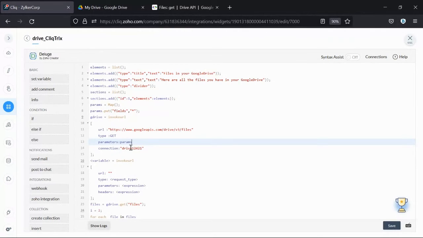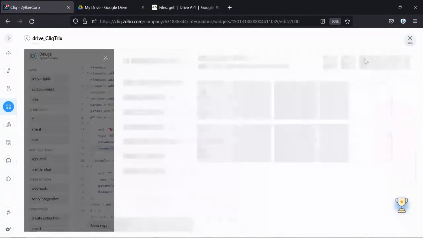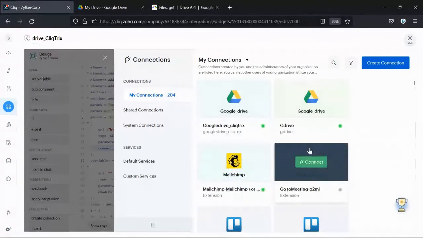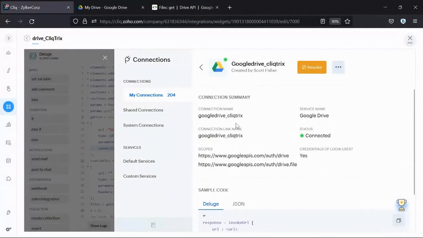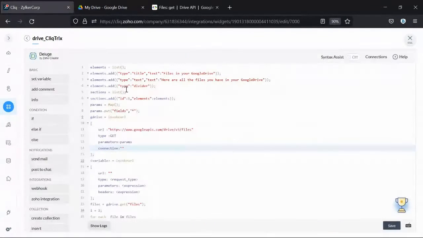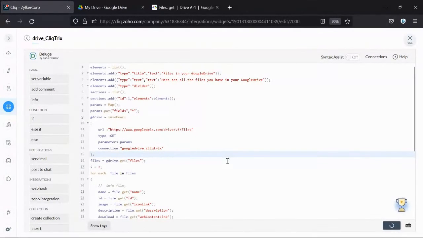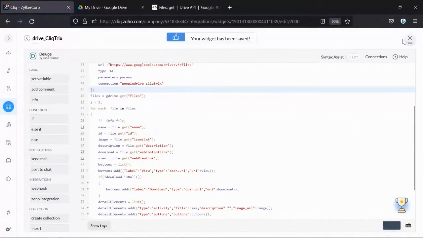And next is the connection. The connection that I've used here. So I'm going to delete the connection that we just created. What was the name of the connection? To get that, on the top right, click on connections. And in my connections, this is the name of the connection. So the connection name is Google Drive _ CliqTrix'. I'm going to copy this and paste it here. I'm going to delete the ones that I accidentally wrote. So I'm going to save it. So if I close it now,